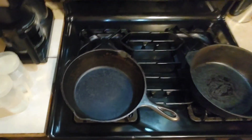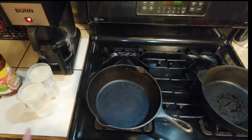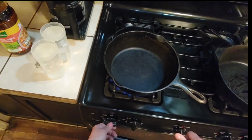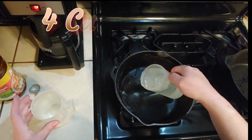Today we're going to be making super fast, super cheap enchiladas. Enchiladas and enchilada rice to go with it. Okay, so you're going to need a pretty large size skillet for the rice. There we go. We're going to bring 4 cups of water